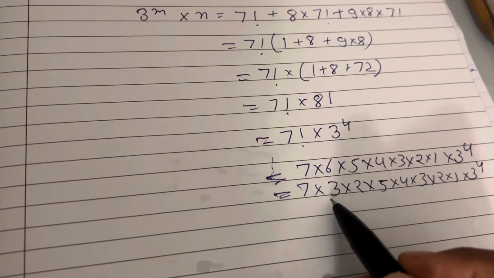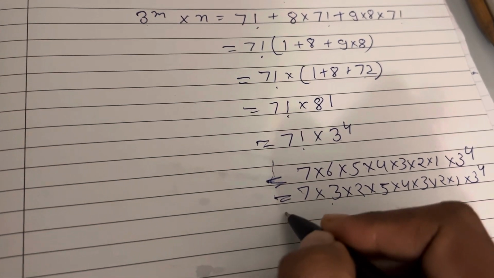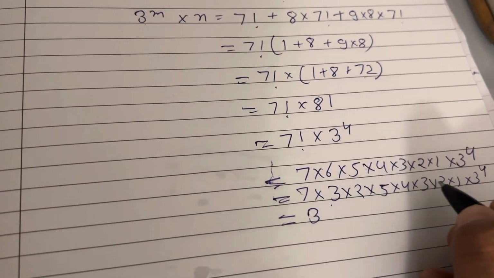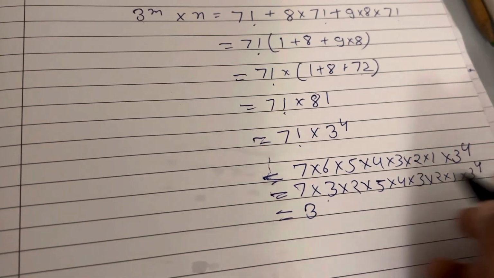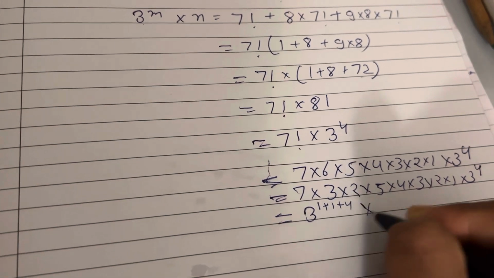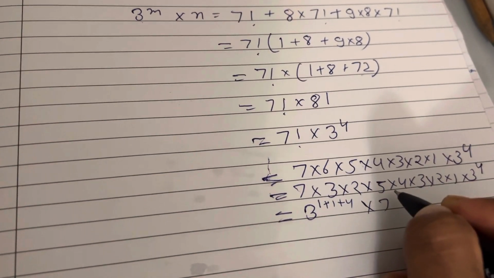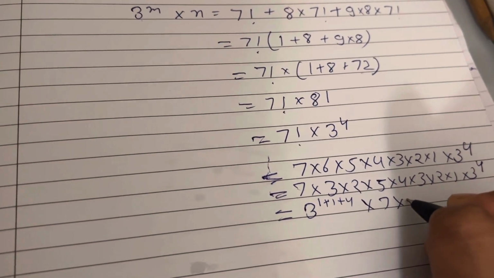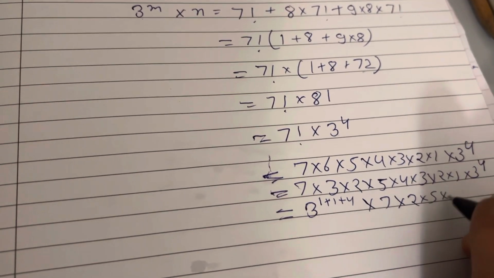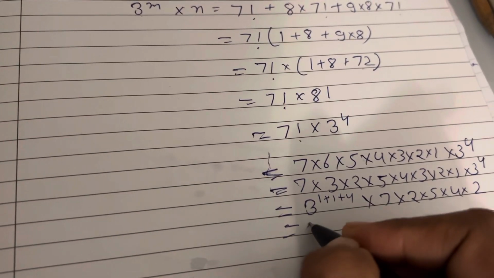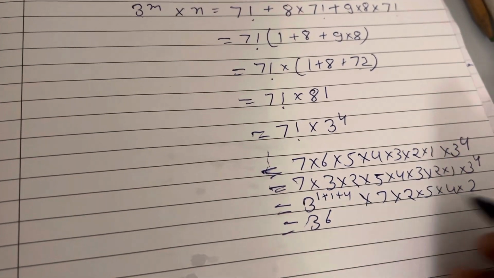In algebra, if the bases are the same, the powers will be added. So total 3 to the power 1 plus 1 plus 4, and the rest is 7 into 2 into 5 into 4 into 2, is equal to 3 to the power 6, and this becomes